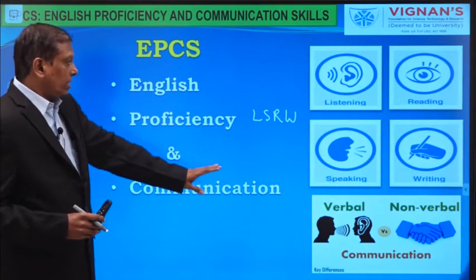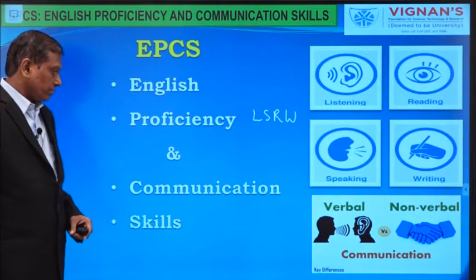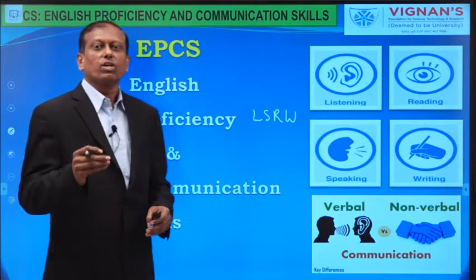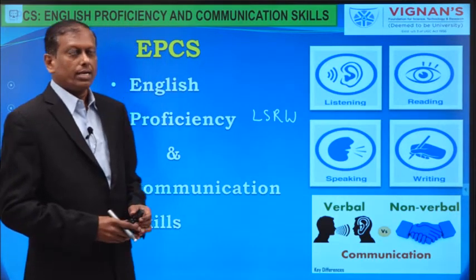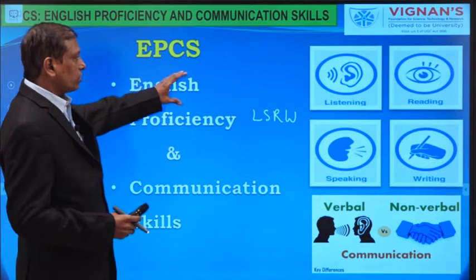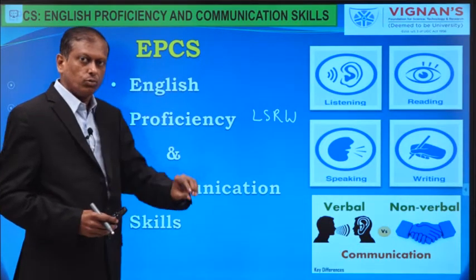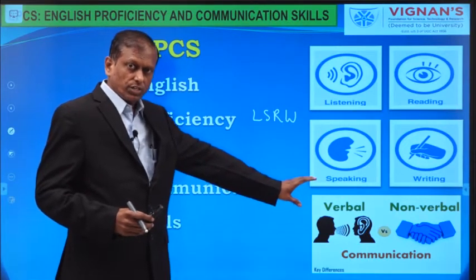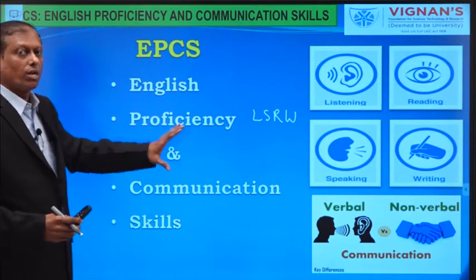And then the last term of this title is skills. What is a skill? Skill is something what we observe, practice and acquire. And English is a language. Proficiency is something, the four types of activities that we do. Communication is something, the words that we use and the gestures and the body language that we use, and these are all something